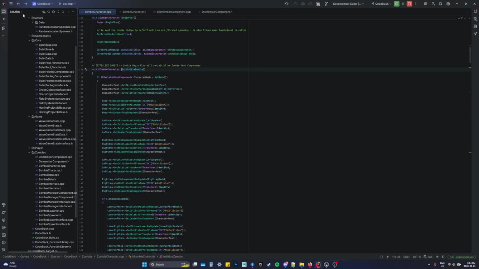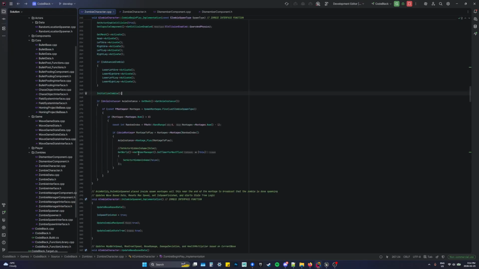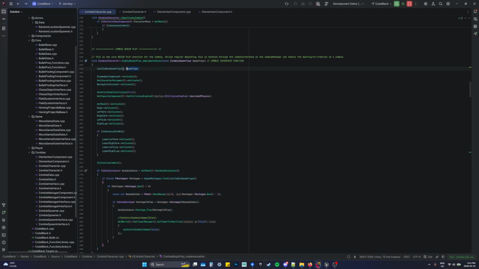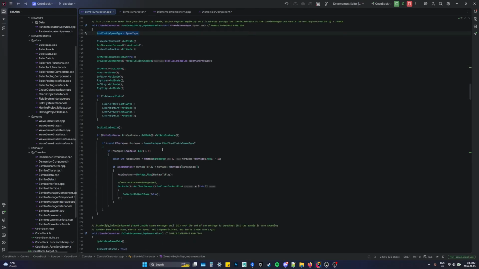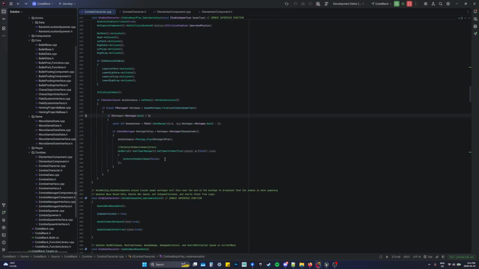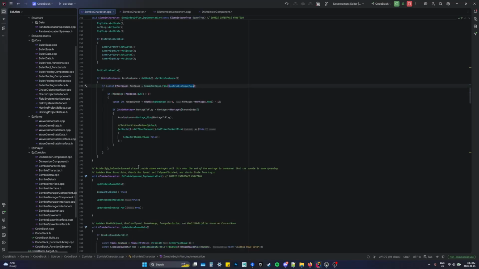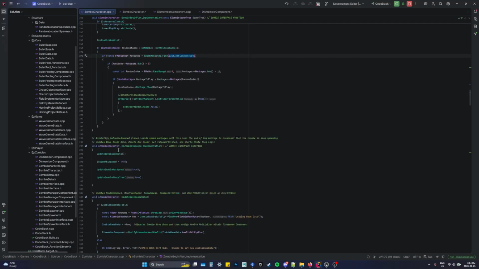So back here, after initializing the zombie, this is where I play the spawn montage. So it uses the spawn type to decide which montage to play. So I guess I don't really need the variable here. I could probably just use the input zombie spawn type here. Anyways,